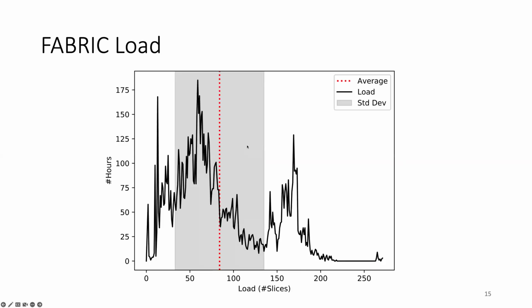So basically the average is 85. And I checked Fabric earlier, its portal, and it was 70-something, right? So we're close to that. The average is 85, and then we have a standard deviation of about 52. So this gives us an expectation of the level of activity on Fabric as far as allocations